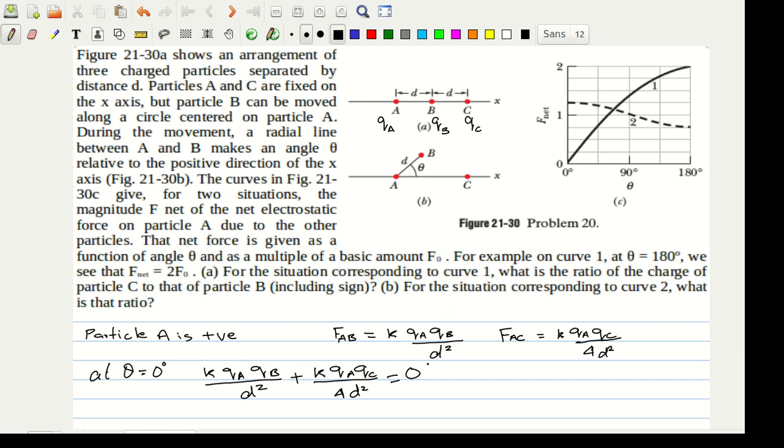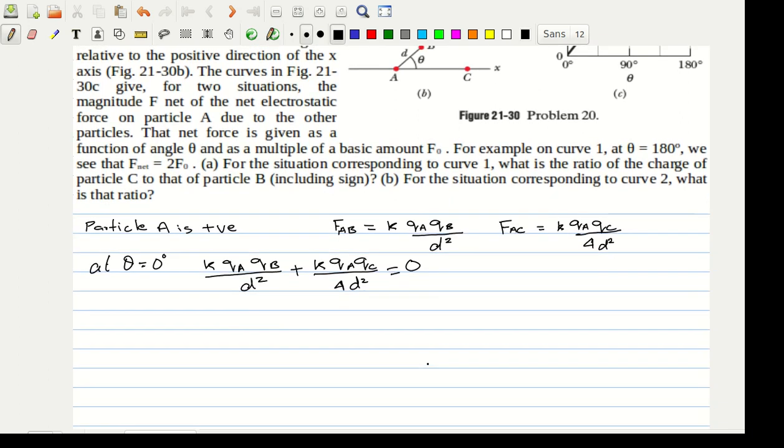We know that this is 0. Okay, so the net force is 0. It means that I can take out k qa over d square as a common factor. So this implies that k times qa over d square times (qb plus qc by 4) should be equal to 0, and this will give us qb plus qc by 4 is equal to 0,